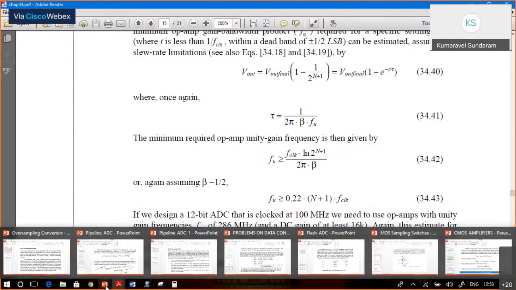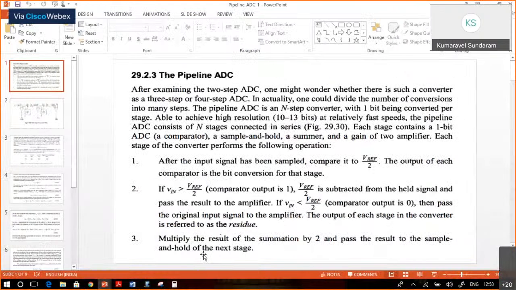Fine. For still further reduction in the number of comparators that we use in a flash ADC, we can go with a pipeline ADC. Pipeline ADC limits the speed. Pipelining means we are increasing the latency. Stage by stage, we are going to process it, but after a particular n clock cycles, the output will come